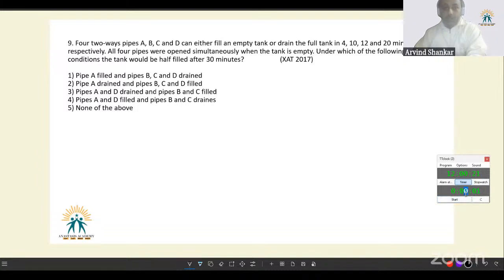Excellent. Let's see. Four two-way pipes A, B, C, D can either fill an empty tank or drain the full tank in 4, 10, 12, 20 minutes. When it says two-way pipes, what they mean is these pipes can be used to fill up the tank and also to drain the tank. Both those things these pipes can do. Okay, so